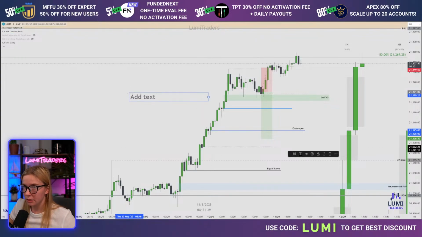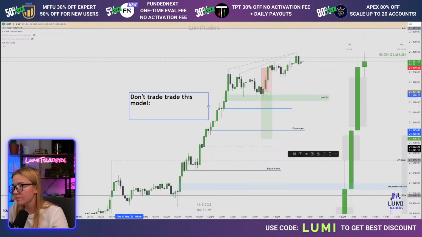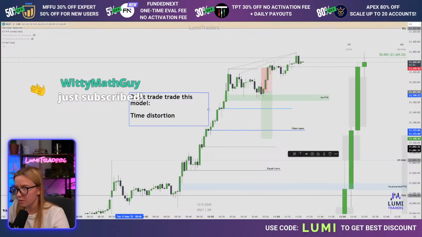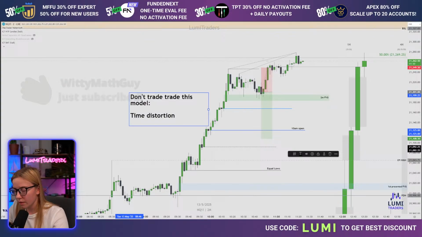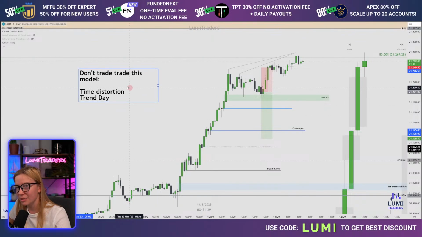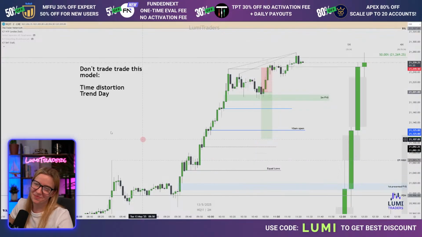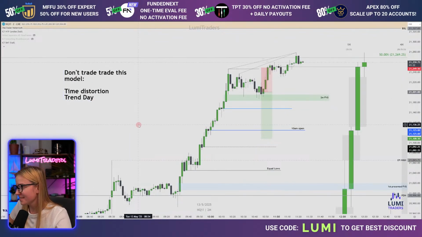But once again, you can backtest this. For example, right now, we have an understanding: don't trade this. How can we call this model? Guys, any names for this model? Time distortion. And trend day. Let's create a name, guys, for this strategy, for this model. Easier to say, at least easier to understand what kind of model we want to trade. Any names, guys? Let's create a YouTube name for this. No, not Dasha model, come on, sharp.